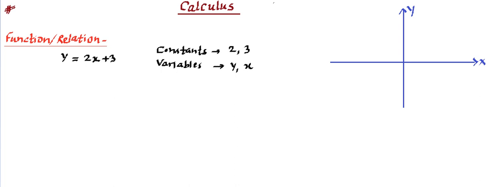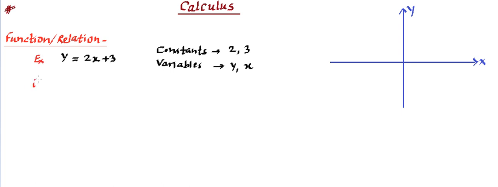Now constants, we know what they do. They remain constant, so they never bother us. How about these variables, we need to know about them. So 2 types of variable. This is y and this is x. Now you know that if we know the value of x, we can get the value of y. For instance, let's take an example. This is the example that we are carrying with, and within that example,